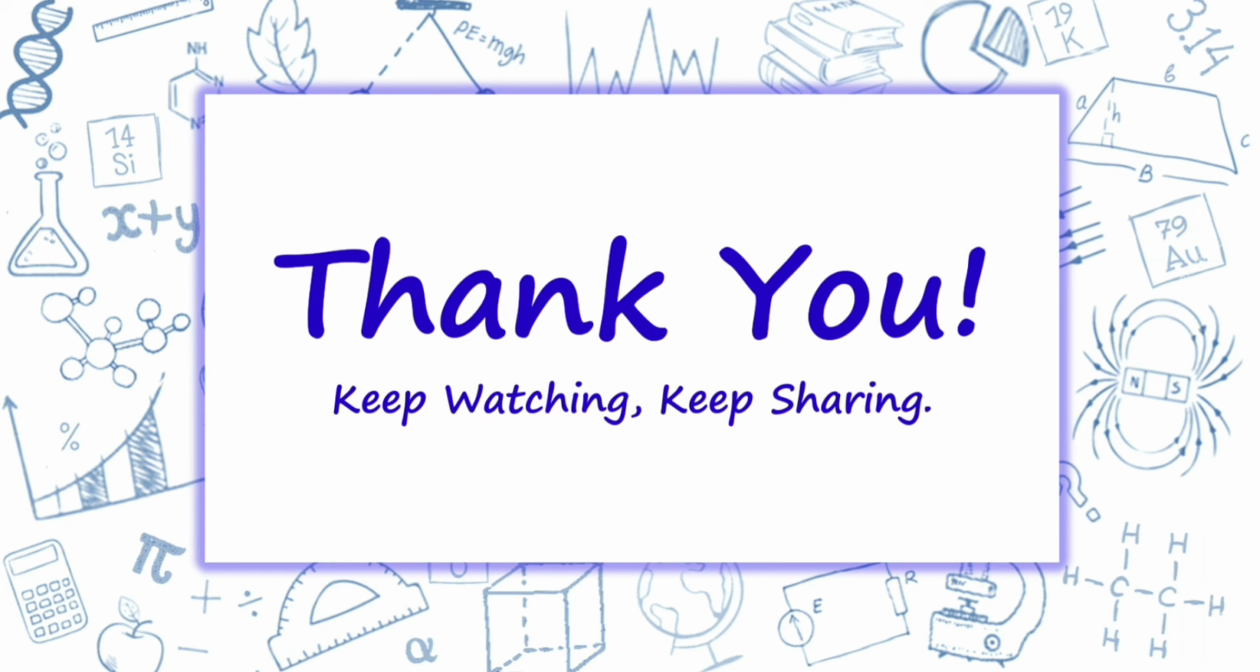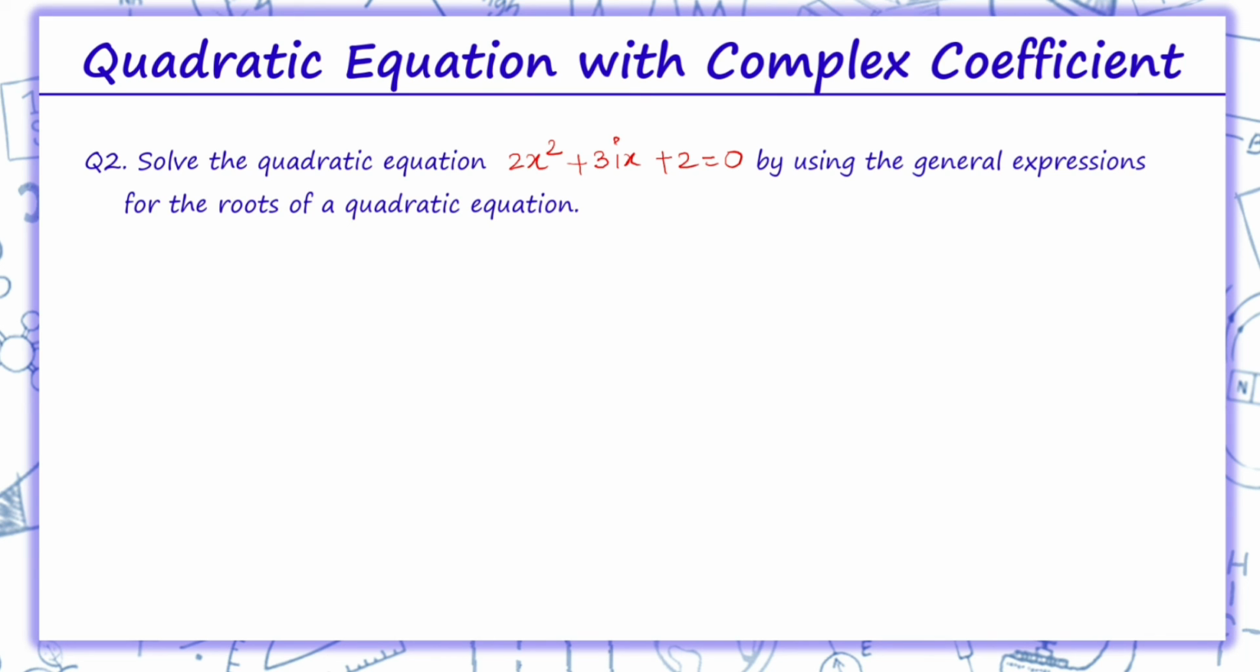Coming on to the next question. Solve the quadratic equation 2x square plus 3ix plus 2 equals 0 by using the general expression. So comparing this equation with ax square plus bx plus c, a is 2, b will be 3i and c is 2. So the value of alpha will be